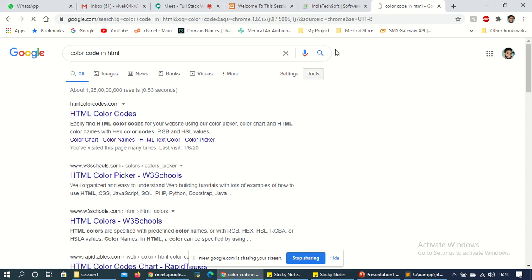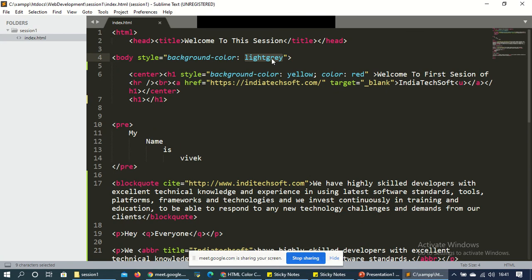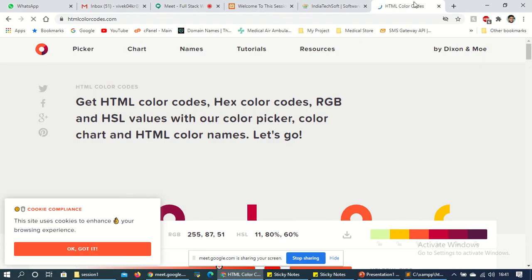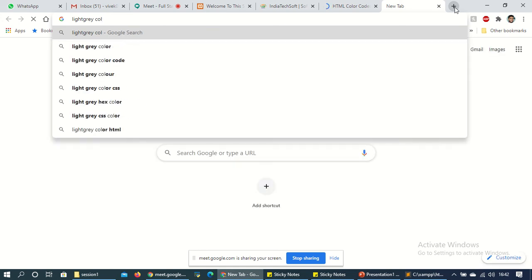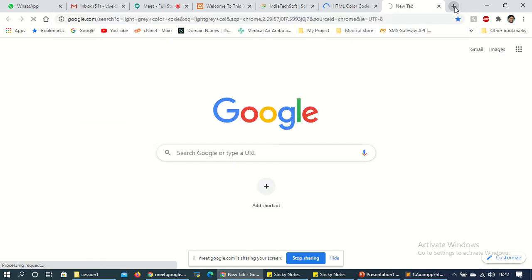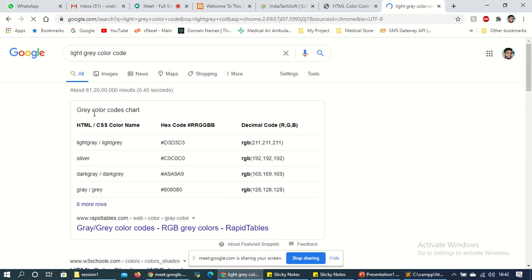We can find the code of the color like this. Here I have used light gray, which is the name of the color. But if I want to use the color code of light gray, what will it be? So just search for light gray color code, and you will find the different color codes for light gray, silver, dark gray.